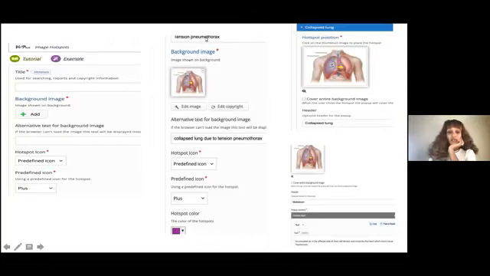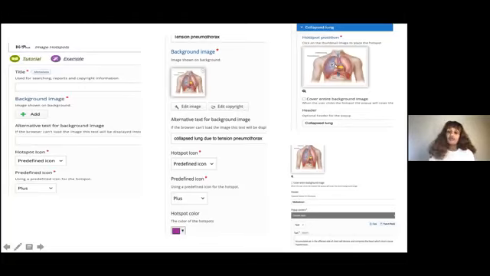For example, I use this tension pneumothorax just as a picture. I'm going to explain about the collapsed lung, the mediastinal shift consequences, and also the normal functioning lung. I explain those specifically by adding the hotspot icon.